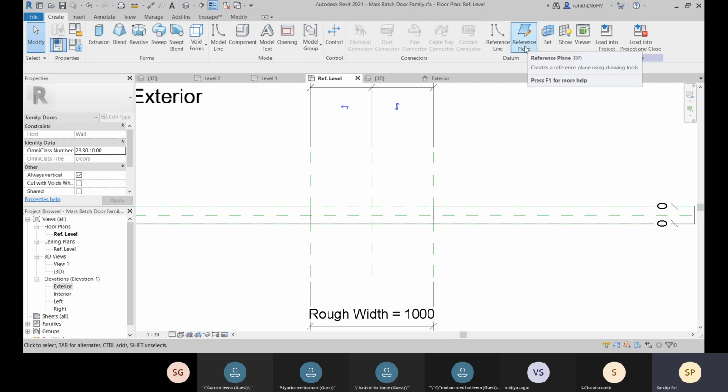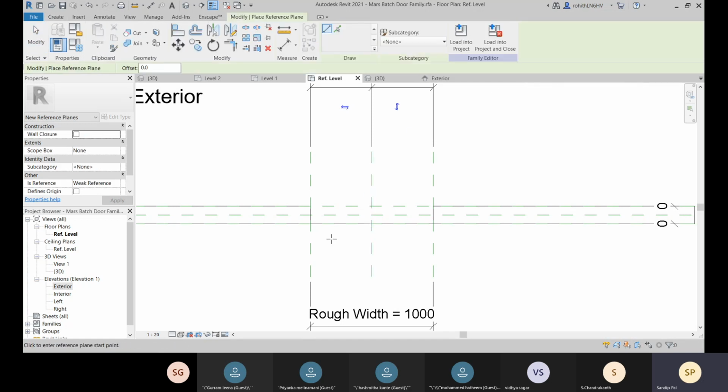So let's create some reference plane over there, and let me go for this distance. Let me go for 75. Okay, and I'll choose this pick line option, and I'll choose this line and this line, so it is easier to create with this pick line option.